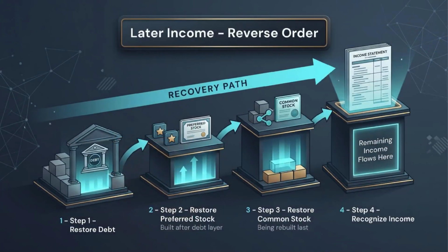When Lyra later returns to profitability, recovery reverses the prior loss allocation path. The slide shows that the most senior investment, debt, is restored first, then preferred stock, then common stock, and only after the relevant layers and suspended effects are dealt with does income flow to the income statement. The important teaching point is that recovery is not random. Later income does not immediately become current income just because the investee recovered. It first repairs the loss allocation history. In equity method accounting, recovery has memory.